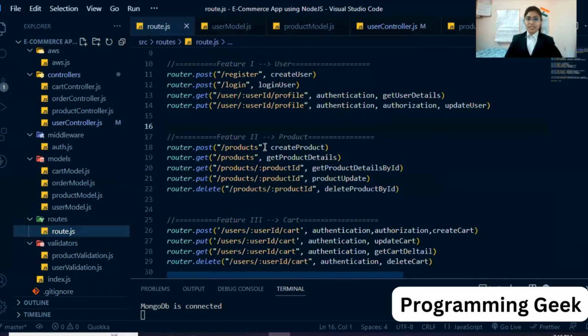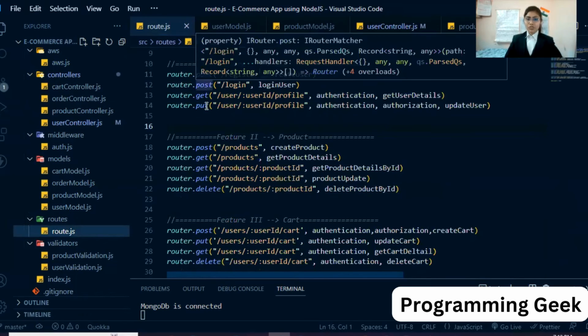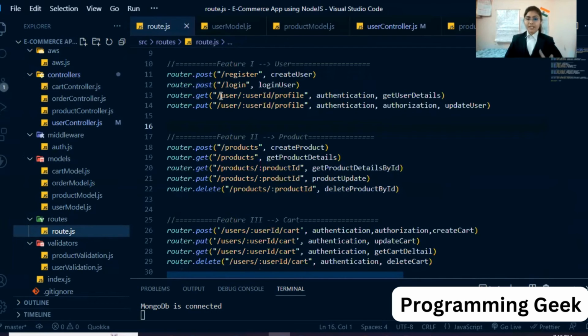There are some APIs: first for post, to register the user and login the user, and for fetching the data we need the user ID in the param. Then for put, we can update the data of the existing profile. We need the user ID, then product.